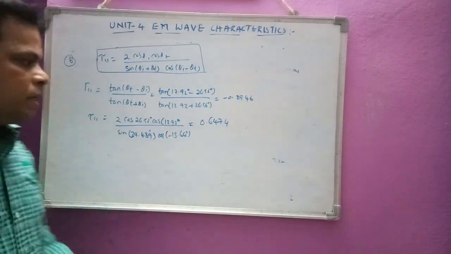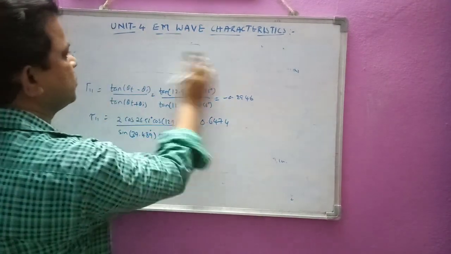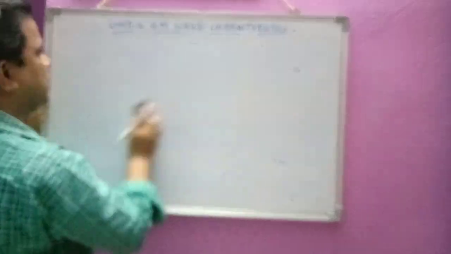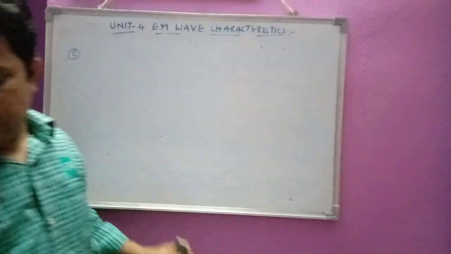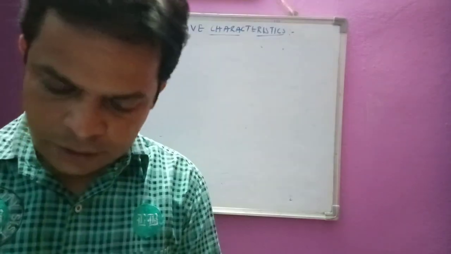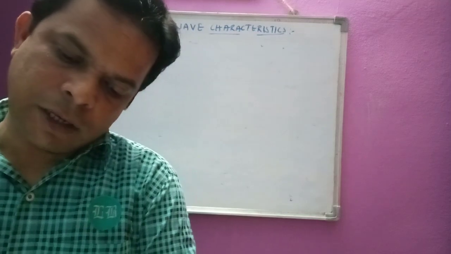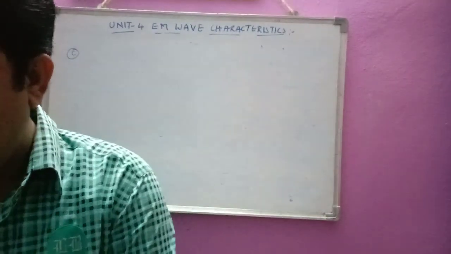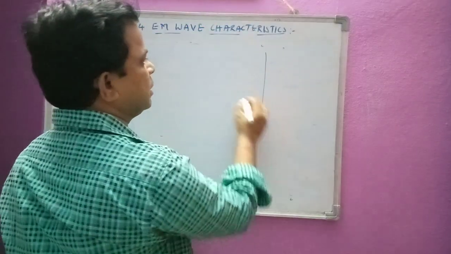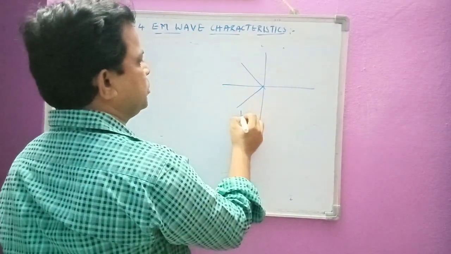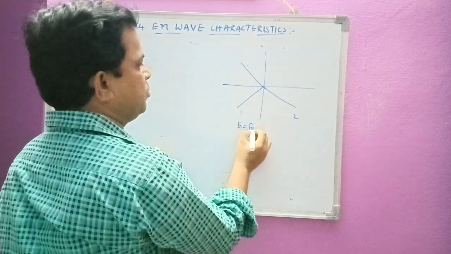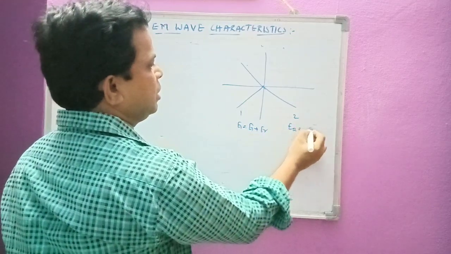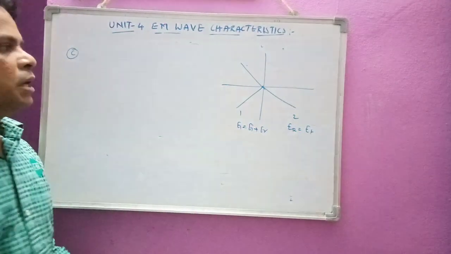Now let us go to the part C of the problem here. So we have got these two values by using the lengthy formulas. Now the C values. In the C question, he is asking to find the total E field in the free space. As we have taken the diagram like this, this is medium 1 and this is medium 2. Now we have to find E1 as EI plus ER, and E2 will be E2. Now we have to do the calculations like this.